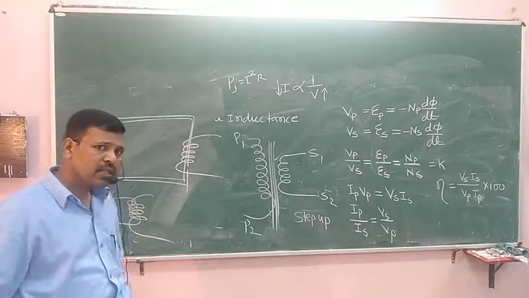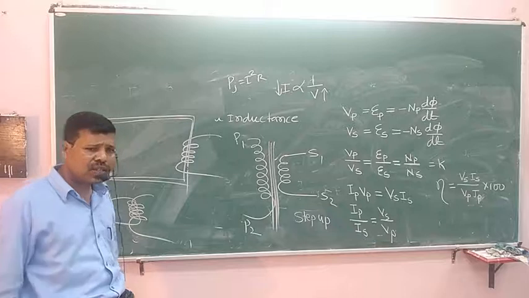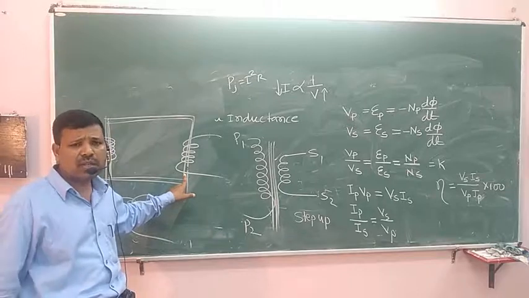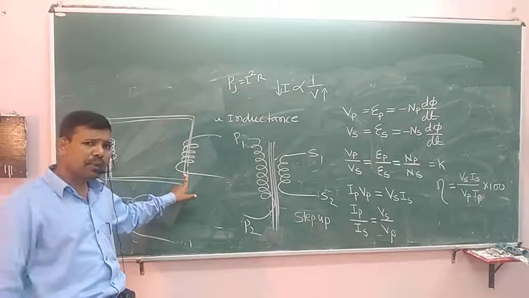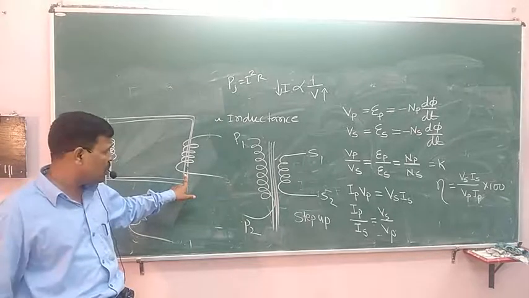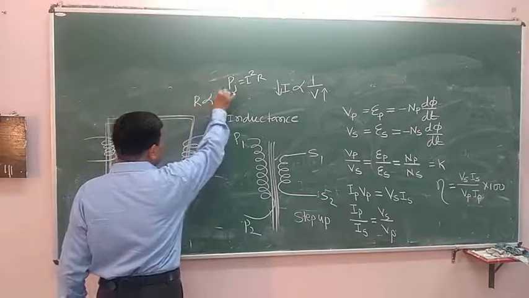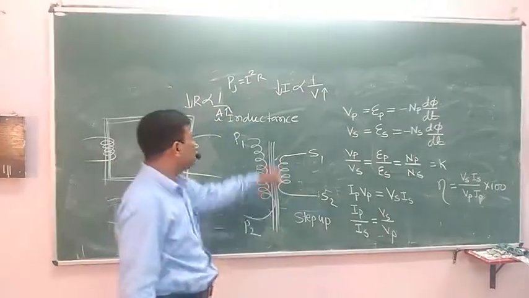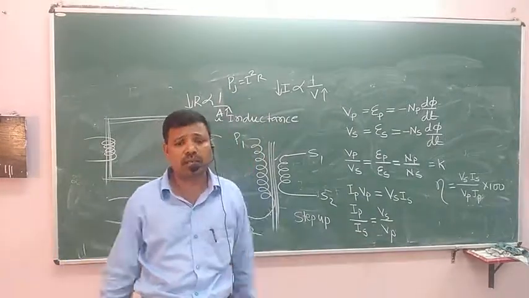And another one is, here a lot of windings are used, so a lot of resistance is there. So there is a loss of electric power due to resistance. If the resistance is high, then the wire gets heated and there is a loss of power. In order to avoid that loss, we use thick copper wire, because resistance is inversely proportional to area. Larger the area, lesser the resistance. If the resistance is less, then loss of power will be less. So this is all about transformer.